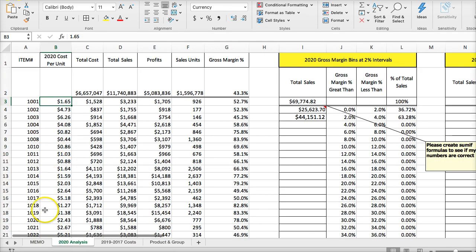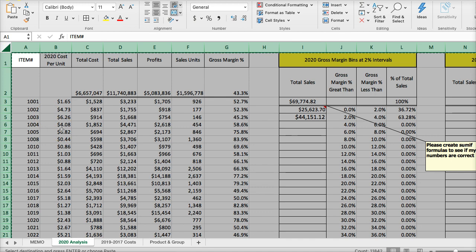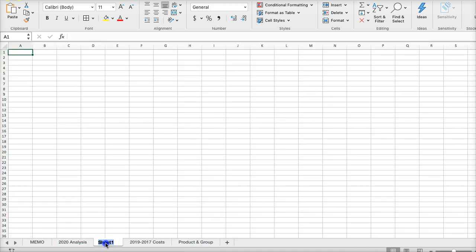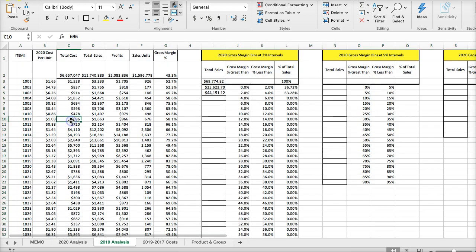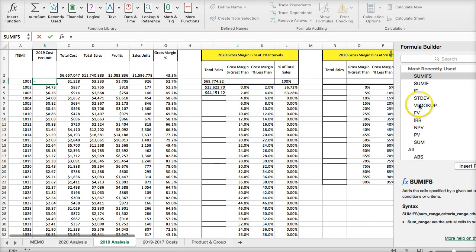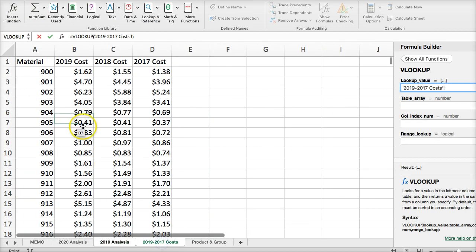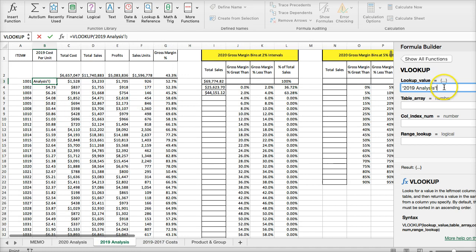So what you could do is, once you fill out this spreadsheet, you could copy this, go to a new tab, label it 2019 analysis, pop this over here, relabel this 2019 costs, perform a VLOOKUP, jump back here, so we want to use the item, table array,